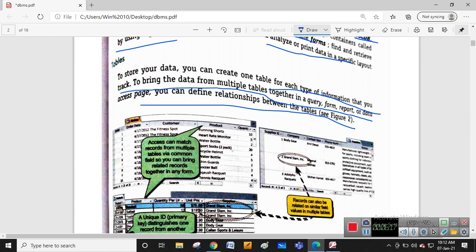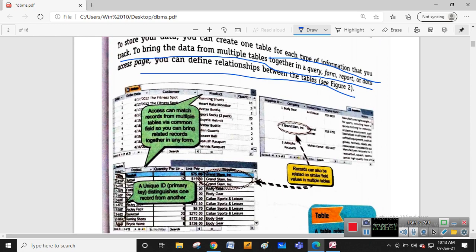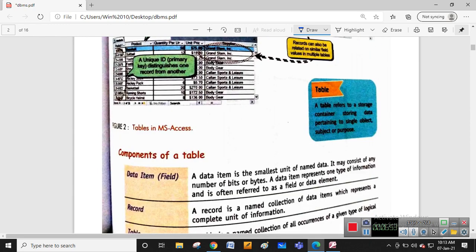A database contains n number of tables and you can maintain the relationship between the tables by using the primary key. What is the primary key? I discussed it in the previous video. The primary key is the unique key in every table which identifies the entire record, the entire row of that particular table. जैसा कि 5124 में रोल नंबर टाइप करने से उसका सारा सब्जेक्ट का मार्क्स आना चाहिए. So 5124 is a unique key, that is a primary key we can say. Based on this primary key you can set the defined relationship between the tables also.